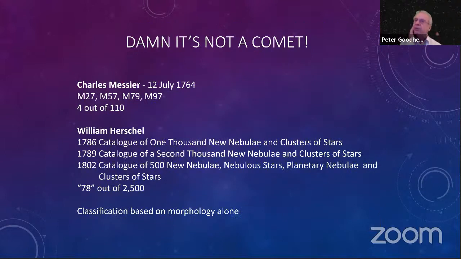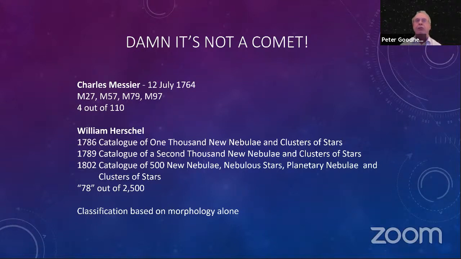How did all this start? Who was the first amateur? You're all familiar, or mostly familiar, with Charles Messier. He was interested in comets. He wasn't interested in planetary nebulae at all. He produced his catalogue of 110 objects which weren't comets and were to be ignored, and 4 of those happened to be planetary nebulae, as we now know. He didn't describe them as such. It was only really when William Herschel produced his catalogues that the first documented reference to things being planetary nebulae was found. And so we suspect that William came up with the idea.